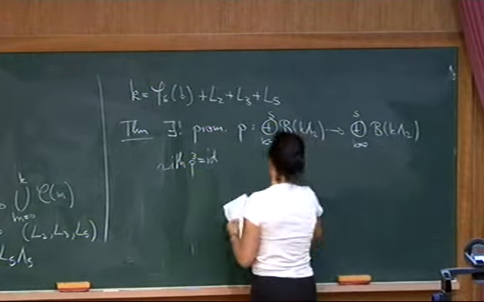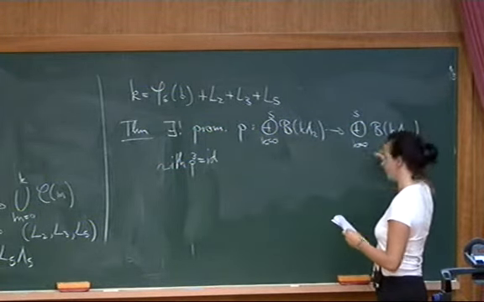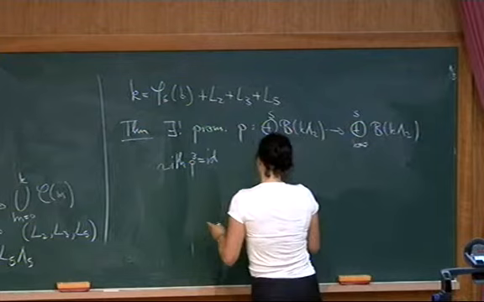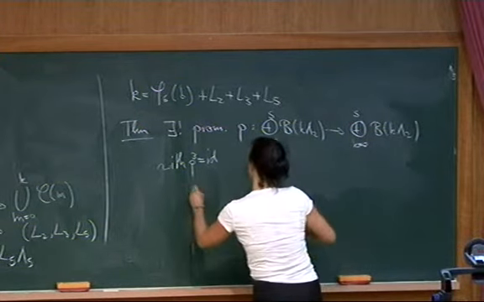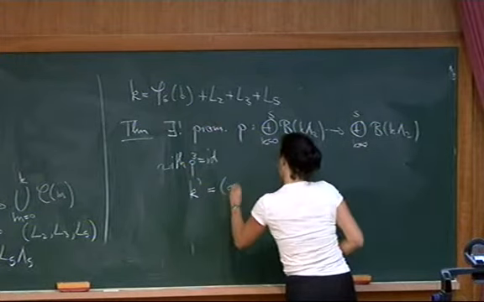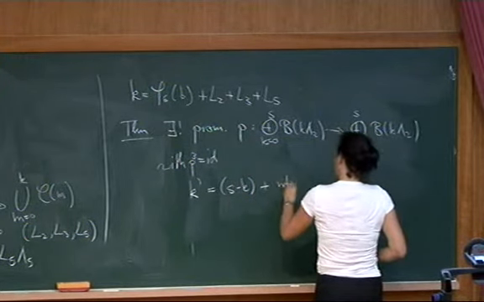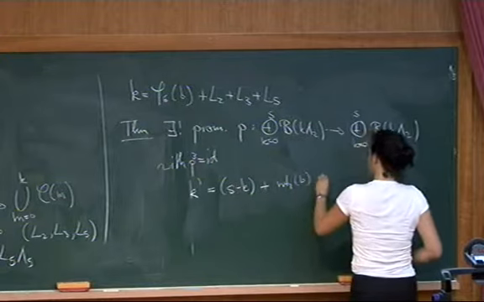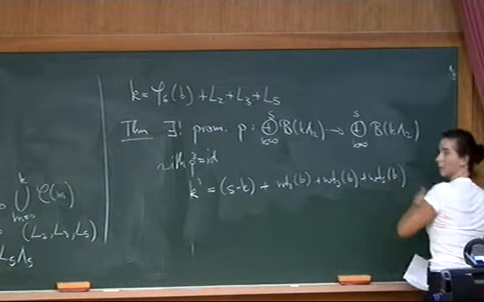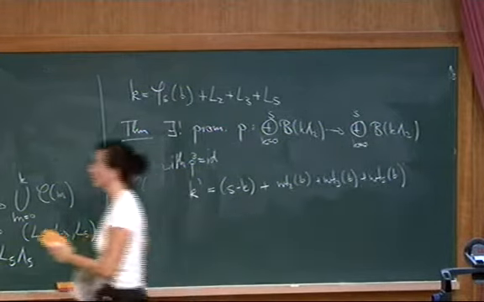And I should also say that if you map an element from a component k here to a component k prime, then we know what it does to the component. So the k prime, where it lands over there, is in fact equal to s minus k plus the 2 weight of the b plus the 3 weight of the b plus the 5 weight of the b. So perhaps I should demonstrate this in terms of a picture.